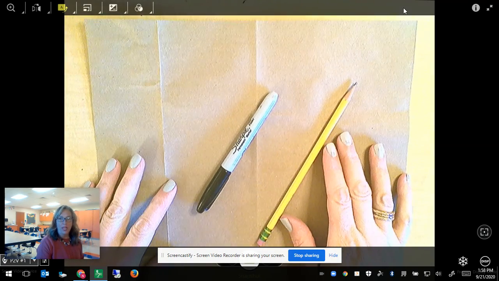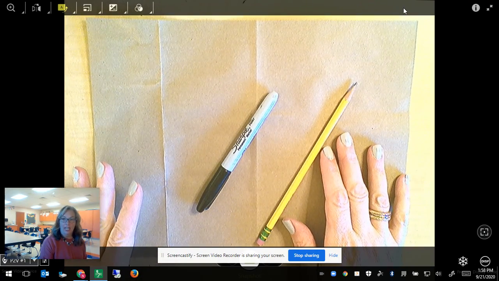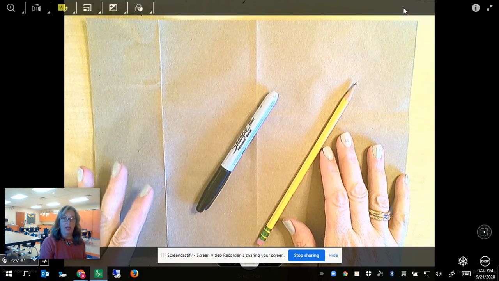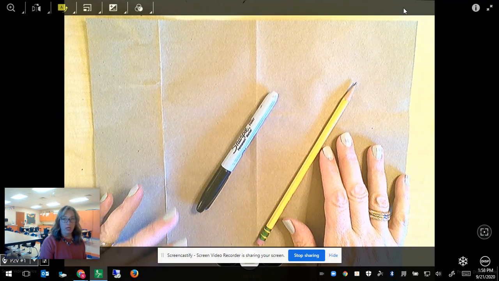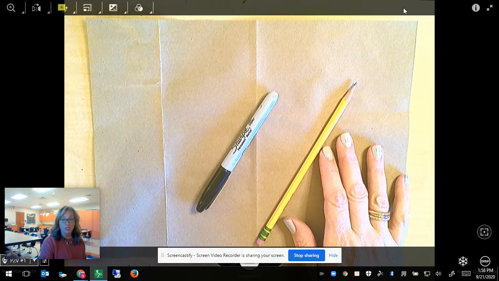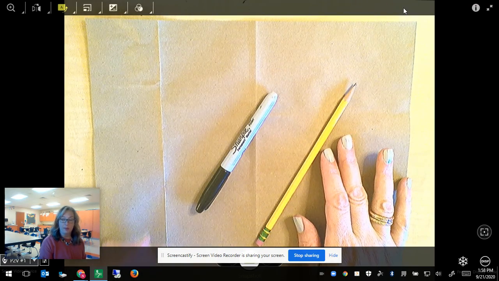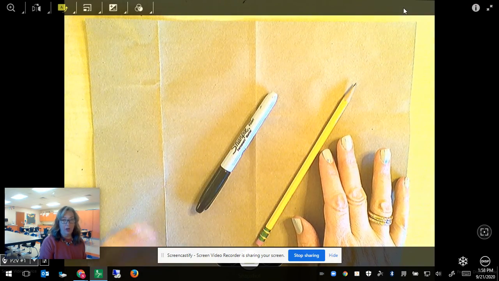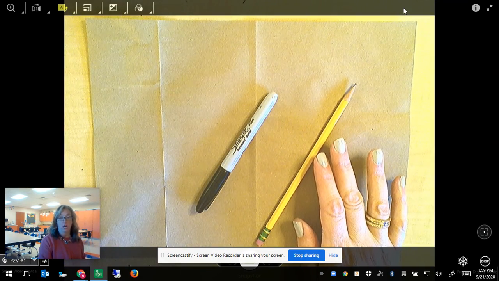Today, we are going to start to create our folk art landscape inspired by the fabulous Miss Heather Galler. We are going to be using lines and shapes, geometric shapes, to create our folk art landscape. And if you remember, folk art is characterized, or you can easily know that you're seeing folk art if you